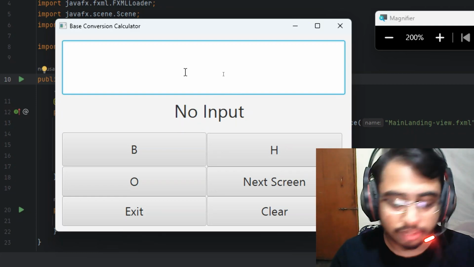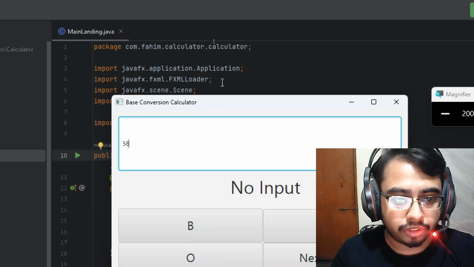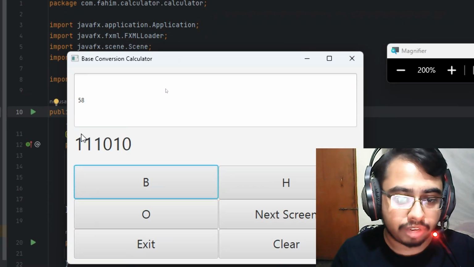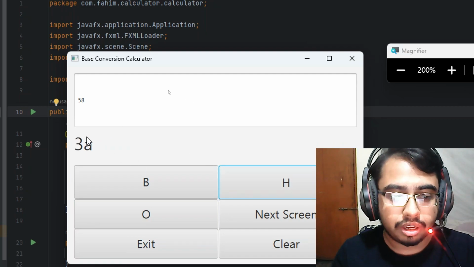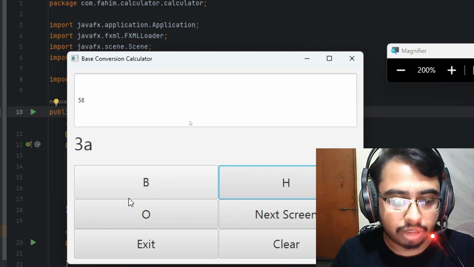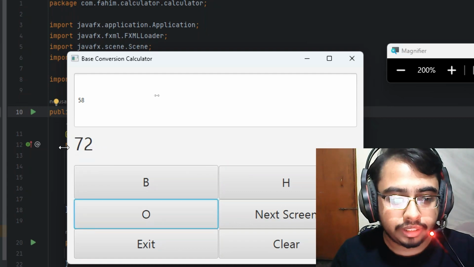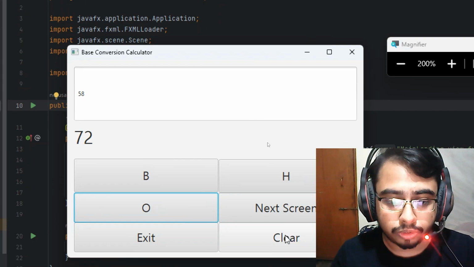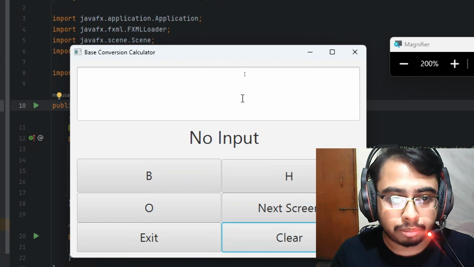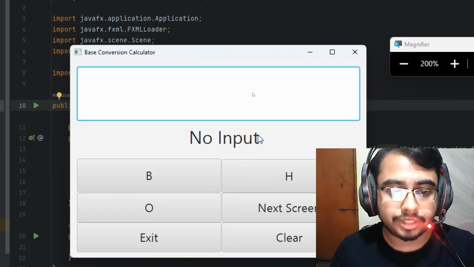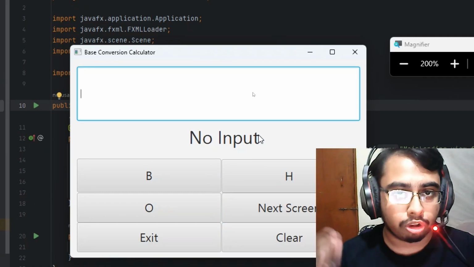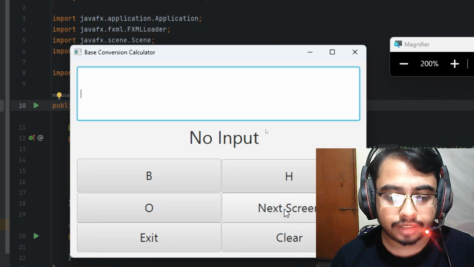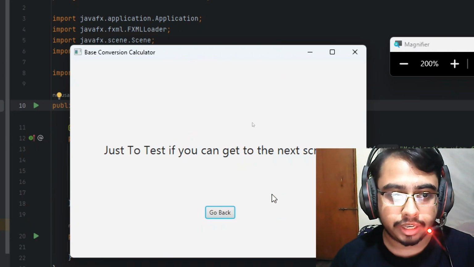Let me show you first. Let's say I'm writing 58, and if I simply click on B, it's giving me the binary value. If I click on H, it is giving me the hexadecimal value. If I click on O, it is giving me the octal value, and I can clear it also. If I simply click on clear, the box gets cleared and it again represents no input because the input has also been cleared. All right, now if I simply click on this next screen button, then I'm getting another screen,